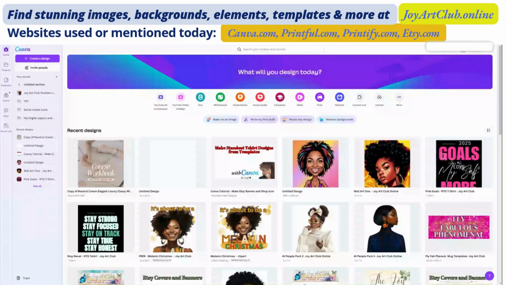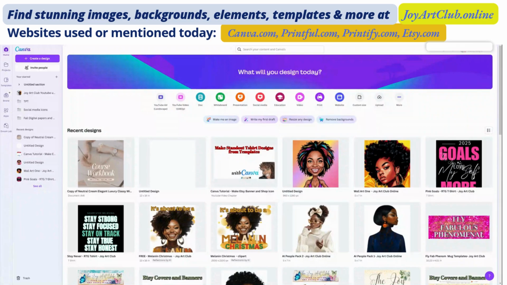So we're over on Canva.com. And those of you who've been with me for a while, you know that I have the pro version. If you're new to Canva, it's fine to have the free version for now when you're just kind of playing around and getting familiar with the platform. But when you are really ready to start designing, I would highly, highly suggest that you get the pro version,